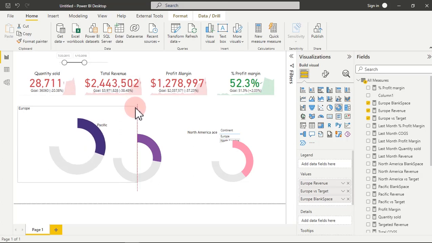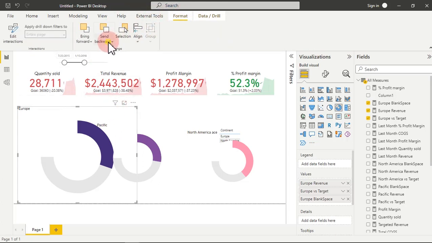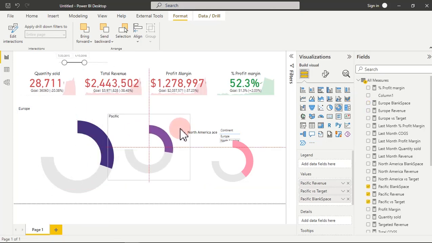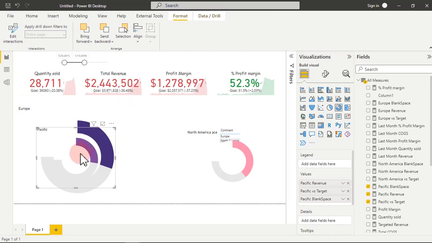I'm going to have to widen this. So we just have to widen this as well. I want to make sure this one is sent to back. So what I'm going to do right now is make sure I have it clicked on, go to the top and select this and send to back. It's very important to do this. So we select this one right now. It's going to be in the front of this here. We want to make sure the size of the chart is saturated. And if I bring this one right here, this is what you have. Can you see it right now? So you can go ahead and resize this